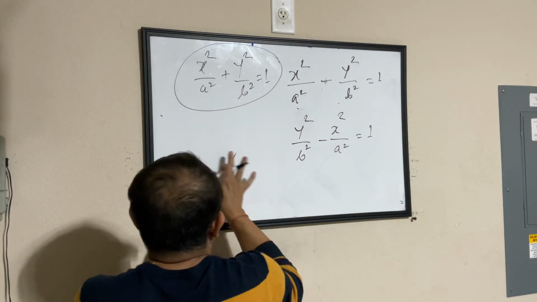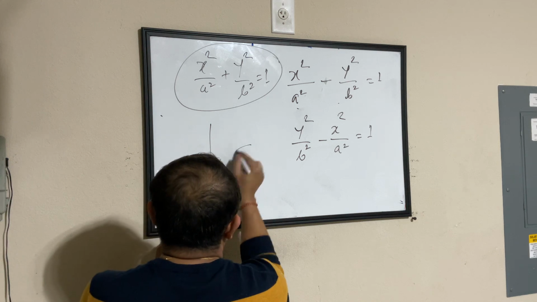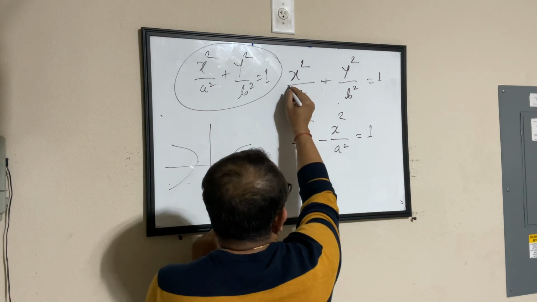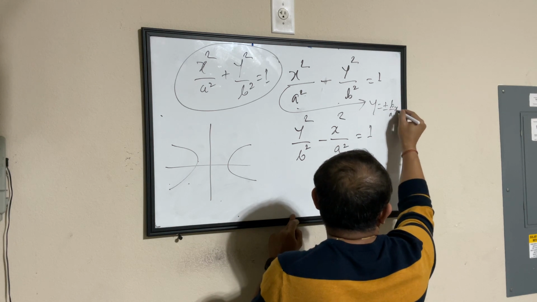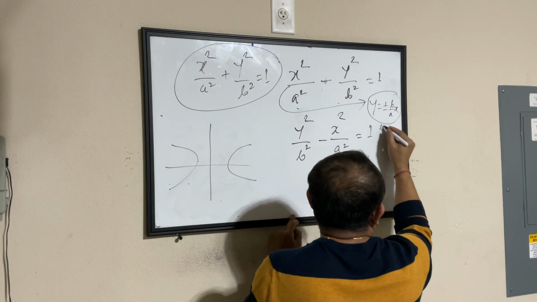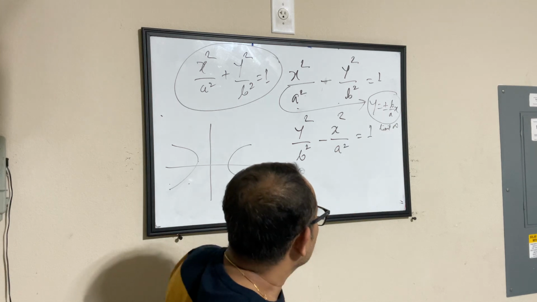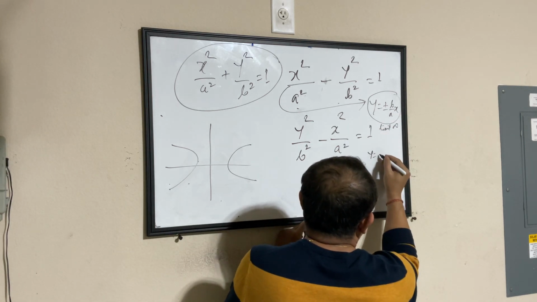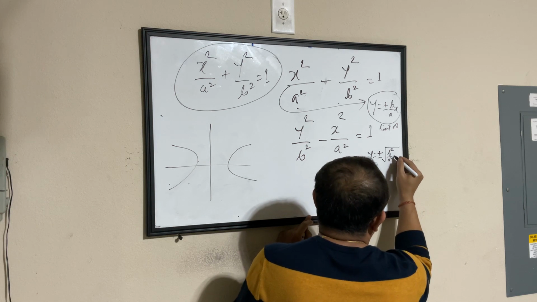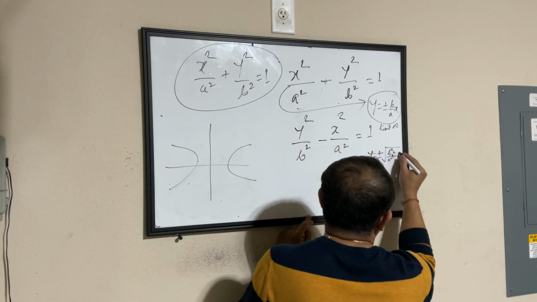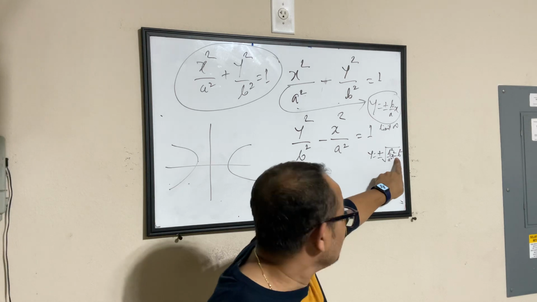In the first situation, what we saw was, if I look at this situation where we found that y equal to plus minus b by a x when I'm reaching towards infinity, we found in this case, from this one, that this equation also tells us my value of y depends on b squared by a squared into x squared minus b squared. This was the initial equation we found from this one. So what we saw was this,